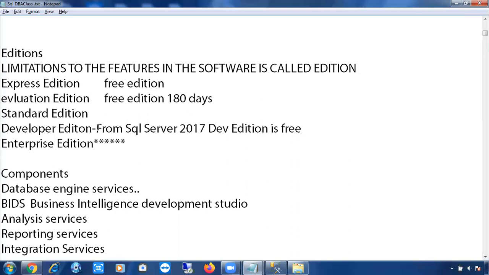So if anyone asks you, hey, please install developer edition on the production environment, it will be installed, no issues, you will not get any errors, but it's not a standard procedure. It's not a recommendation. You cannot go that way. You can directly say to the customer, sir, this is a free edition, we cannot install it on the production environment.